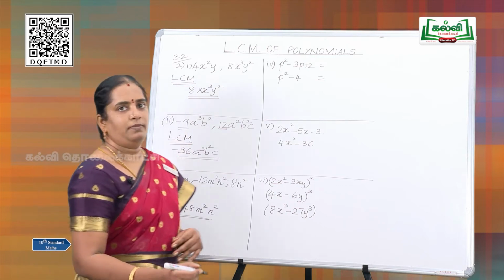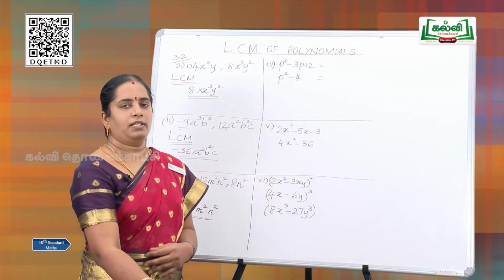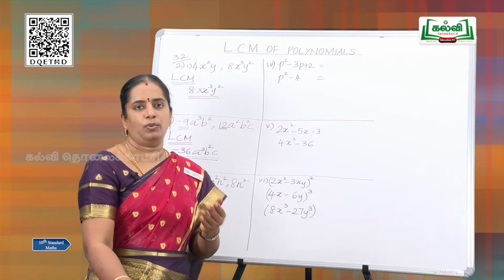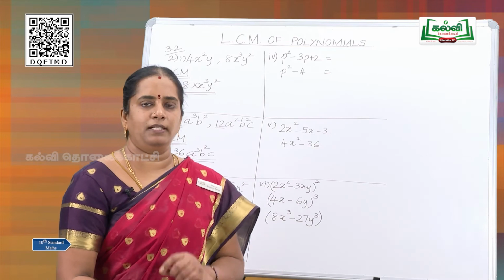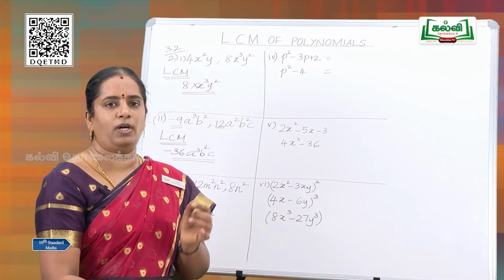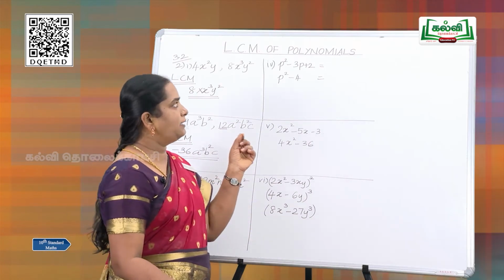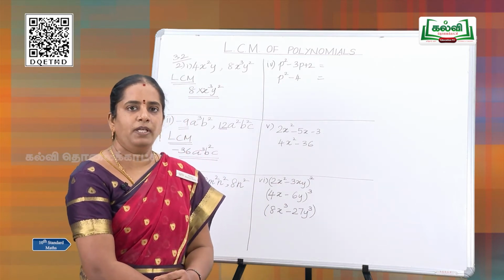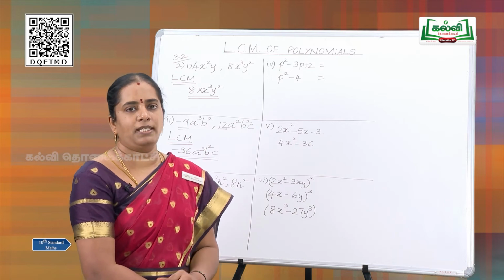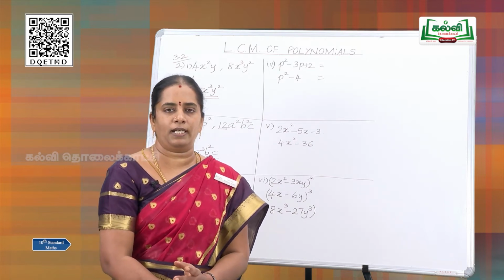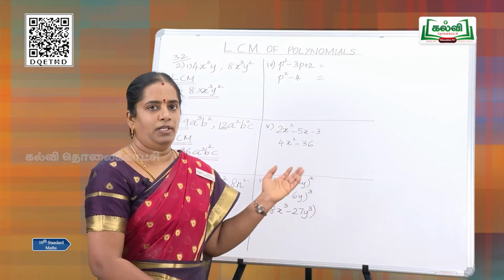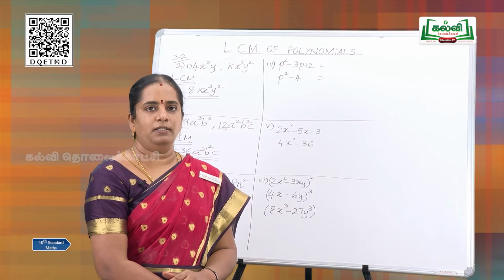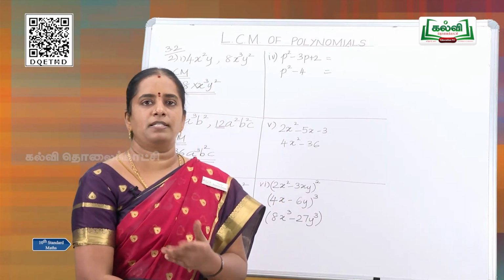And the next one, see, these expressions are given not as monomials. So far we have seen all the expressions as monomials. We know very well that each expression has only one term, but here there are 3 terms in the first expression. So, how to factorize this? Yes, very good. Using factorization methods, we know how to factorize a polynomial. So, this is a quadratic polynomial, and we are going to factorize it using product of zeros and sum of zeros.